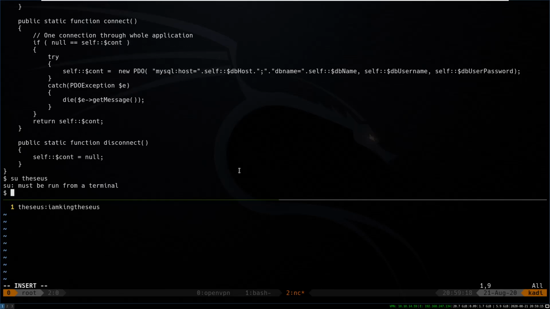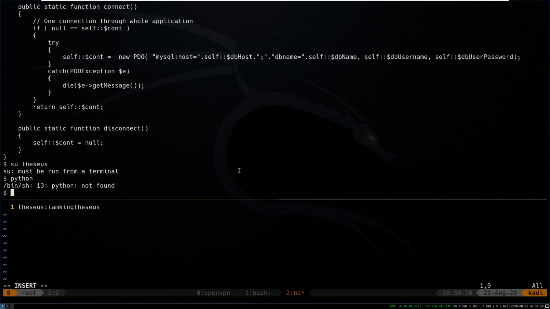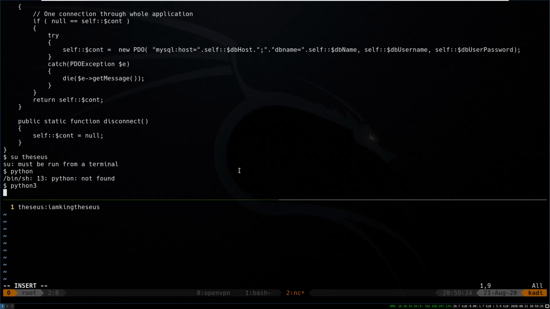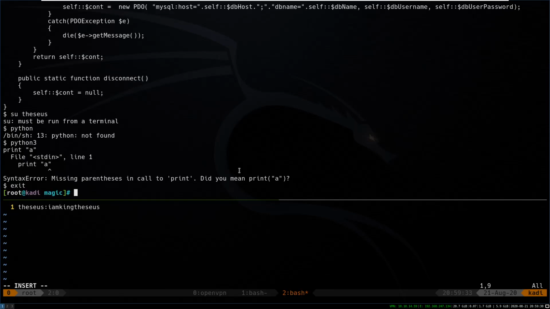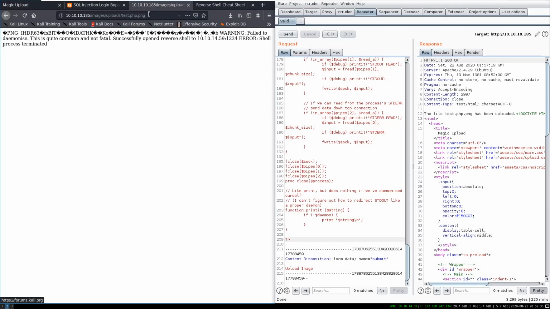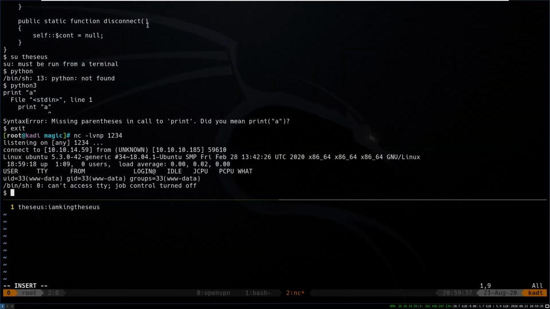from a terminal. Okay, so do we have Python on the box? We don't have Python. Do we have Python 3? Yes, we do. Okay. Oh, okay, so we need that shell back. Okay, so from here we can python3 -c import pty, pty.spawn, then bash,